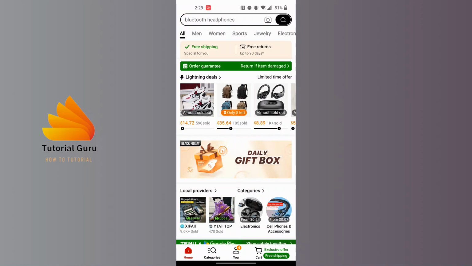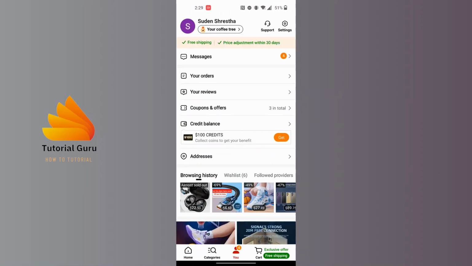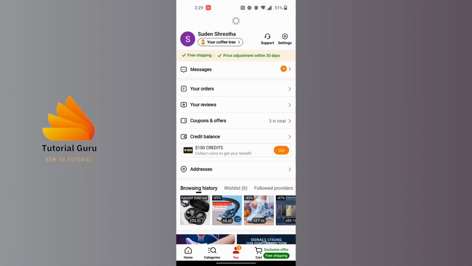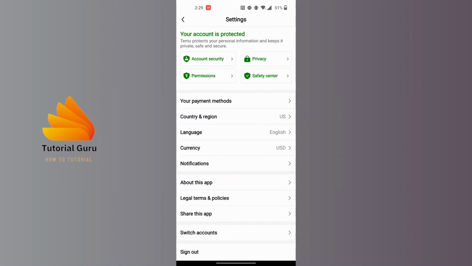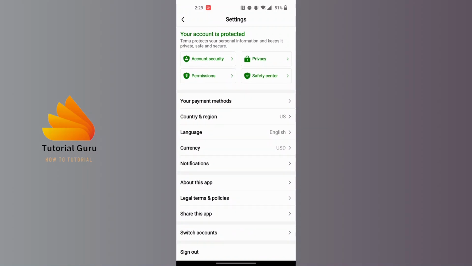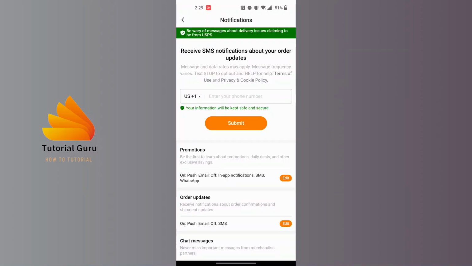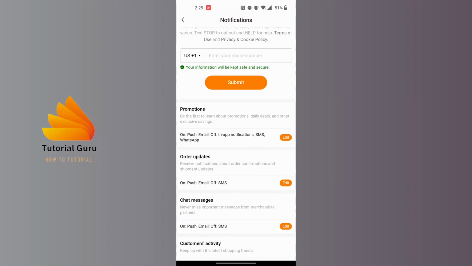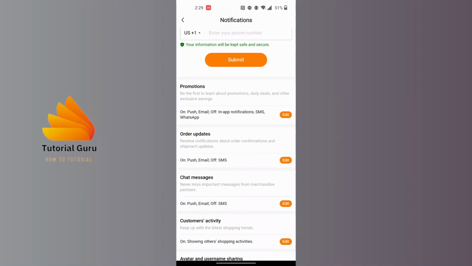So in order to block the notification from Temu, on this interface at the bottom of the screen, you can see a bunch of icons. Tap on the U button at the bottom middle section of the screen, and when you land over here at the top right corner of the screen, you can see the settings option available for us. Tap on the settings option, and when landing over here, you can see the notifications option available for us just below the currency. Tap on notifications, and from over here, guys,